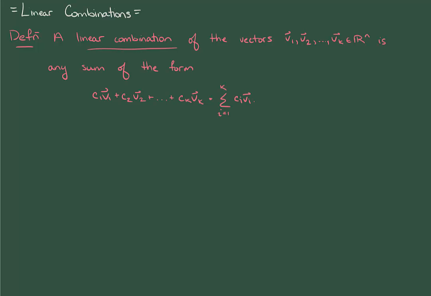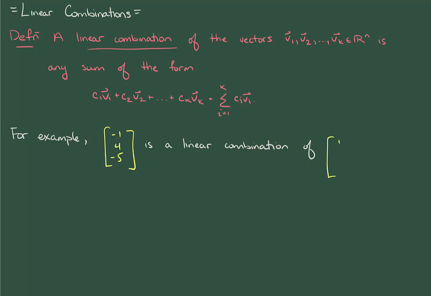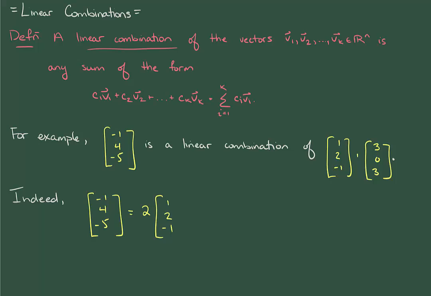Let's make this a little bit more concrete by looking at an example in R3. So for example, the vector -1, 4, -5 is a linear combination of the following two vectors. Now, I don't expect you to be able to see this directly, but we can verify it if I give you the scalars. In this case, we'll take 2 times the first vector and -1 times the second vector. And you can add these up on your own and verify that you do indeed get the vector on the